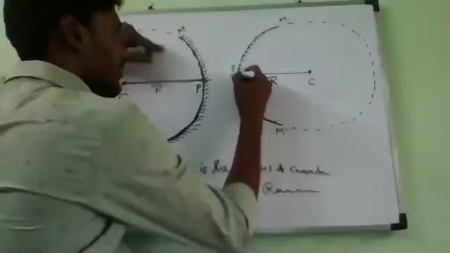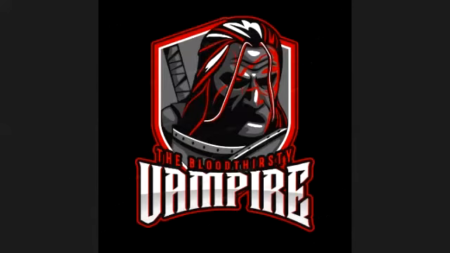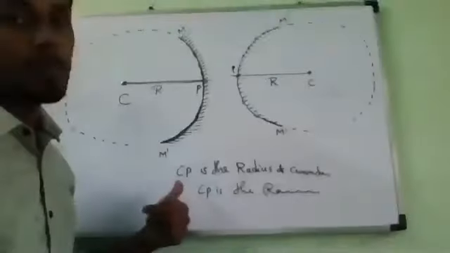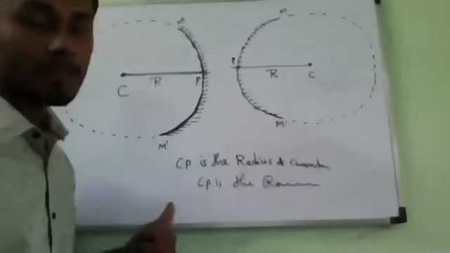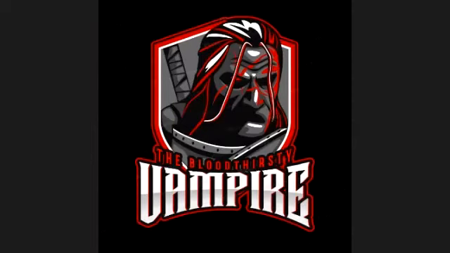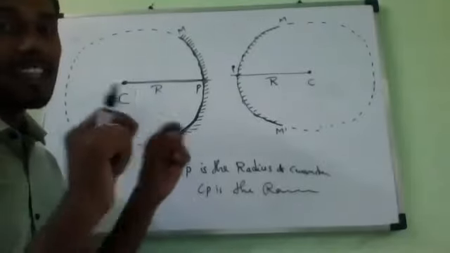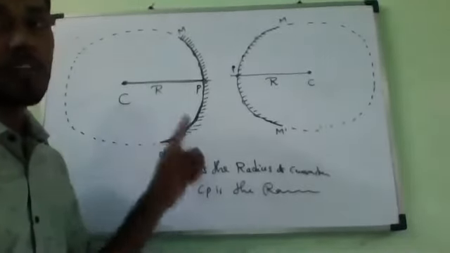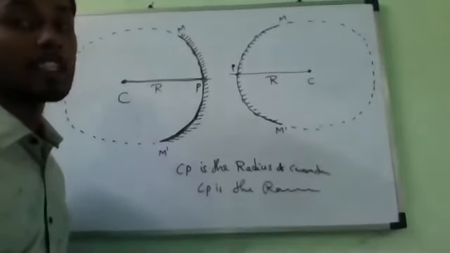As well as for this one also, the exact midpoint, this one, that is called as what? Pole. Understand? So the midpoint of a spherical mirror is called its pole. Now, if you pass the straight line which is passing through the center of curvature and pole of a spherical mirror, then that is only called as principal axis.